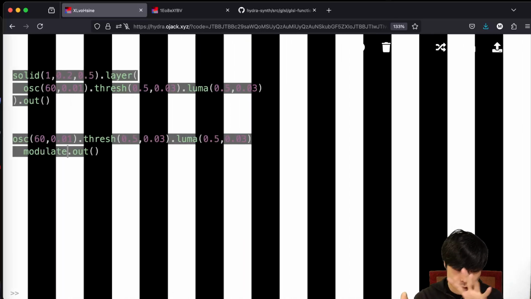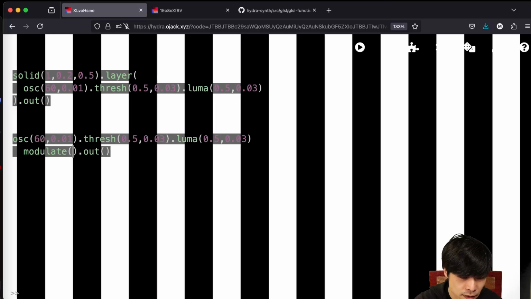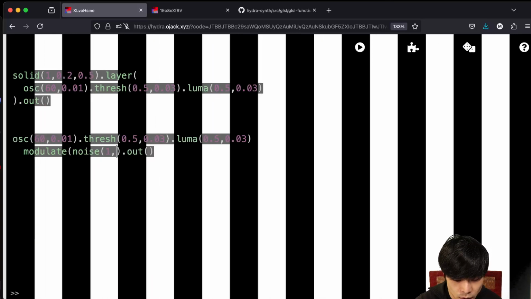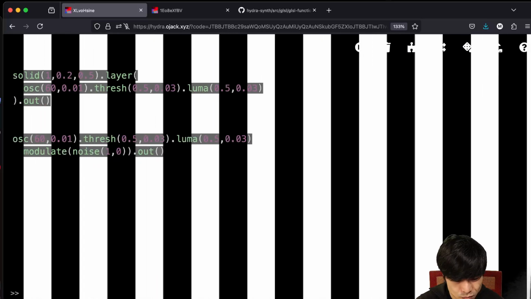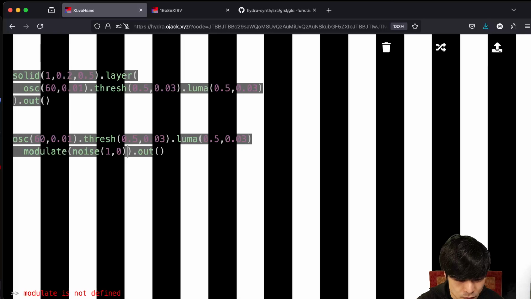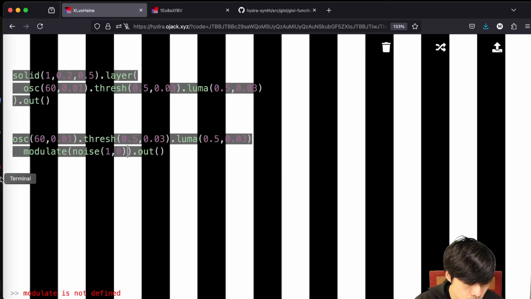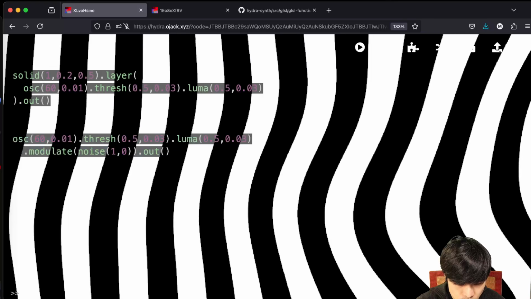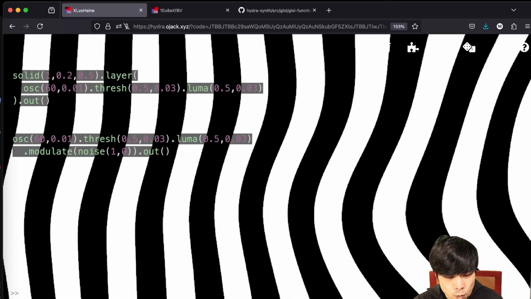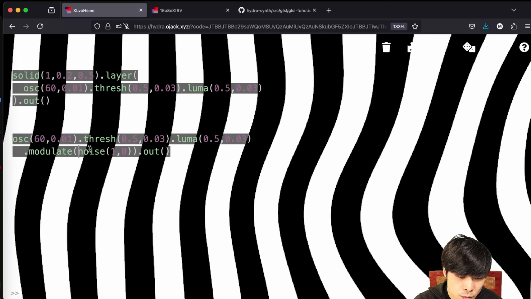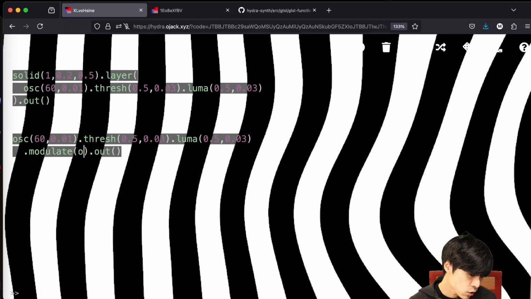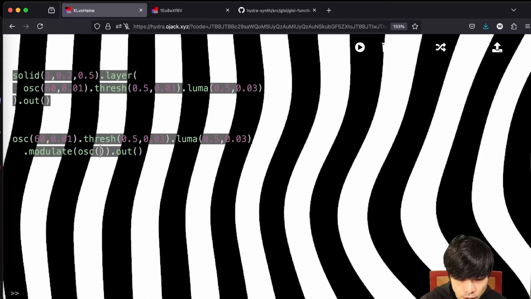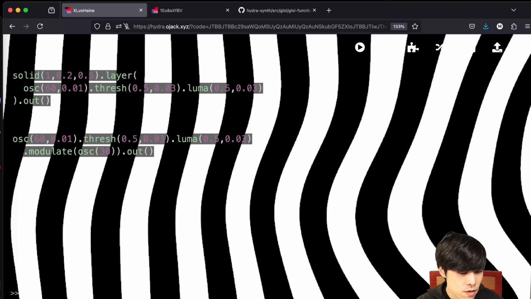If you want more random waviness, I can do noise 1. I'll just set 1 0 to make it stop. Okay, I forgot to add the dot here. Okay, but this is not exactly what I wanted. It was more uniform. So what I did was actually OSC, but let's say OSC 30,